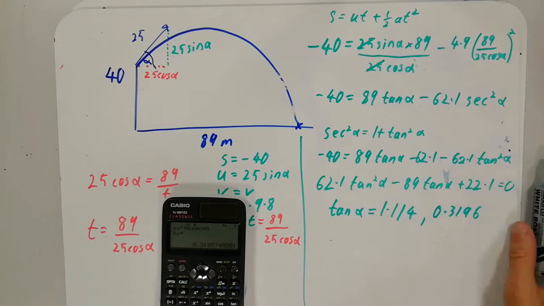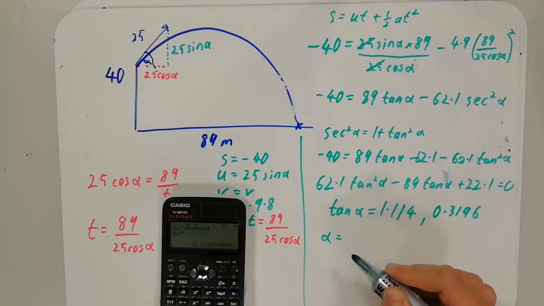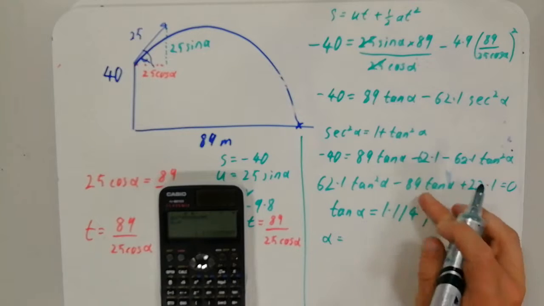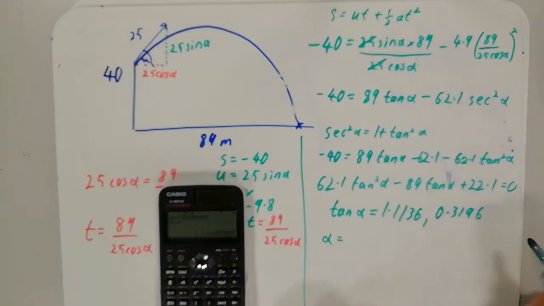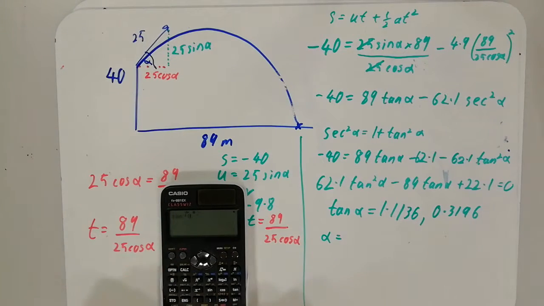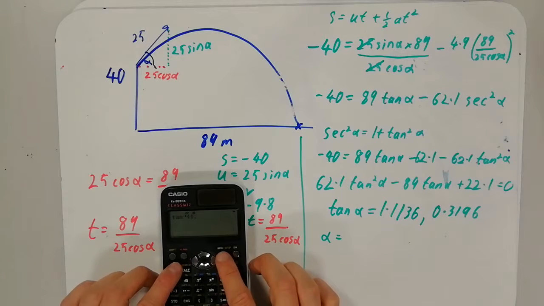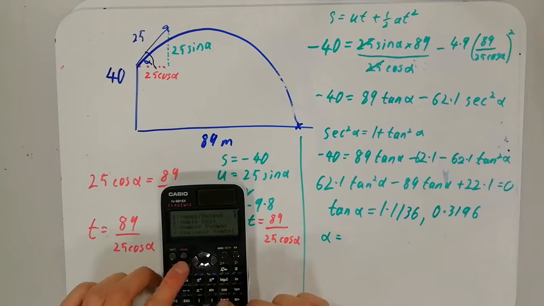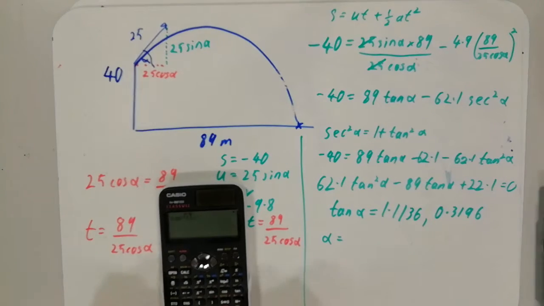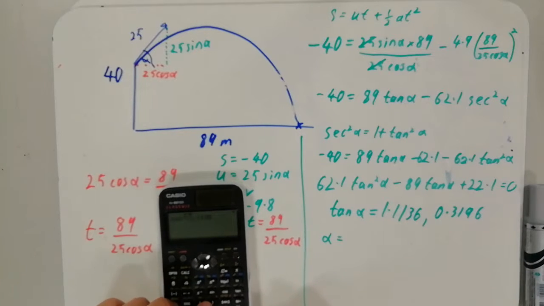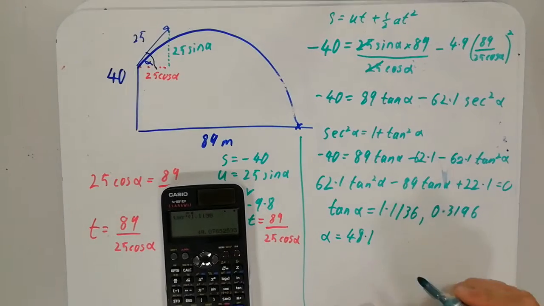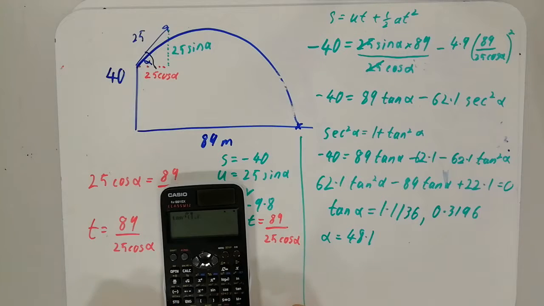Now we just need to do inverse tan to find alpha. Might just put them down to 4 decimal places instead, so that they're to the same accuracy. Okay. Let's put this in degrees. It's nicer to work in degrees for mechanics. So we've got one angle of 48.1, and our other possible solution is